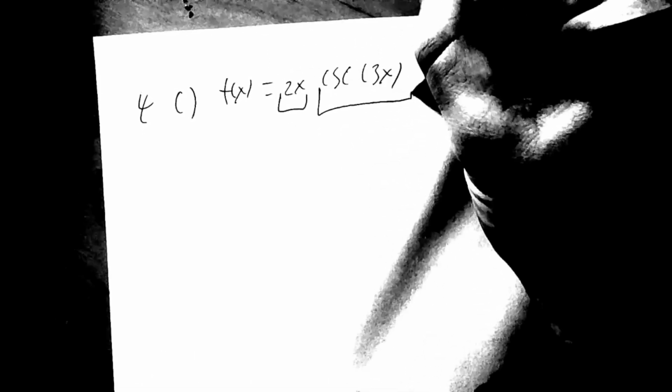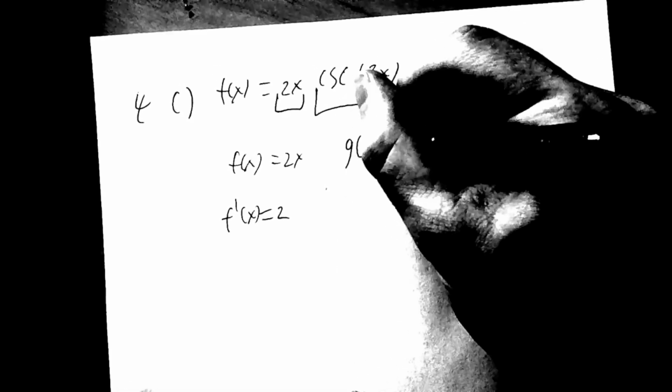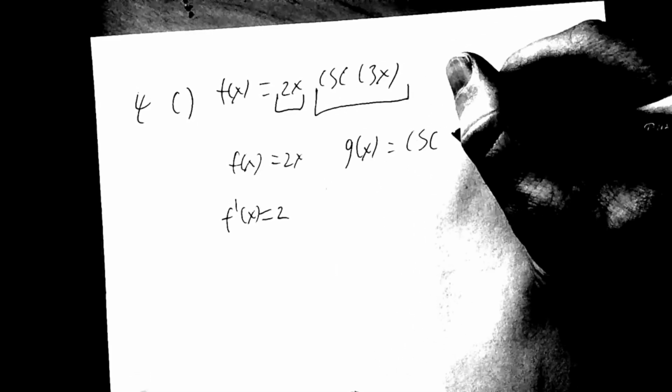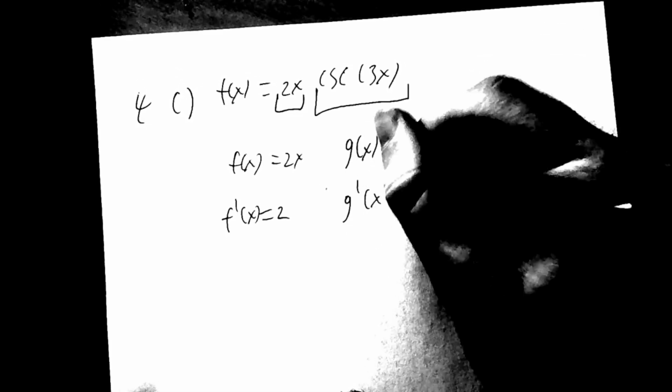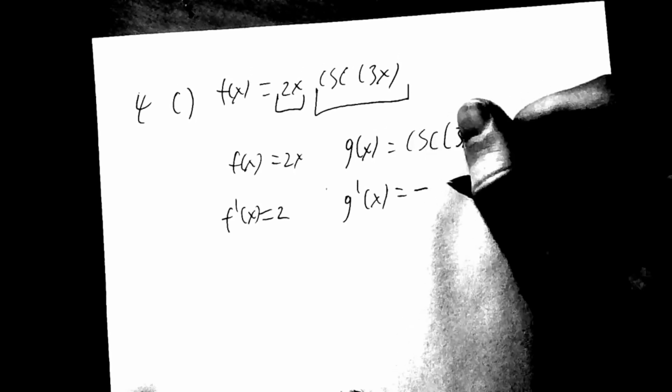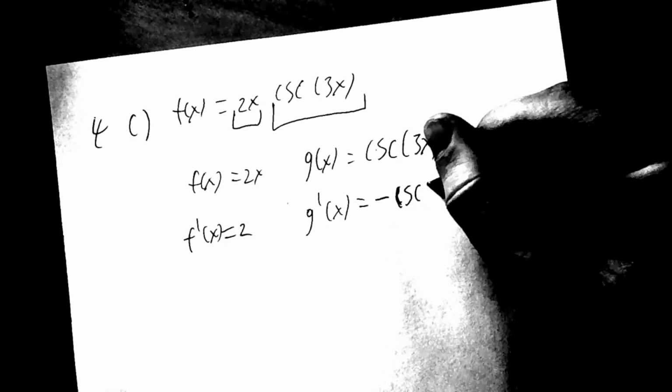Notice that we have 2 different functions. Product rule. So let's go ahead and say f of x equals 2x. Let's say derivative f prime of x equals 2. G of x equals cosecant 3x. And derivative of g of x equals negative cosecant 3x